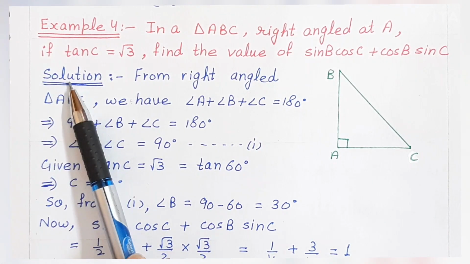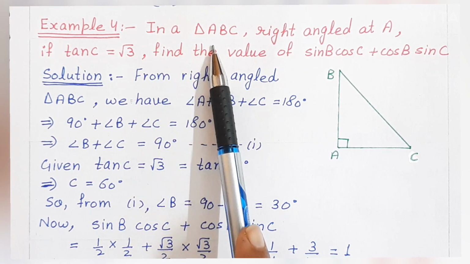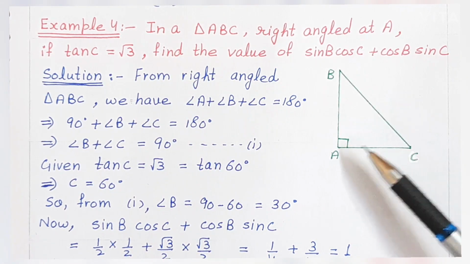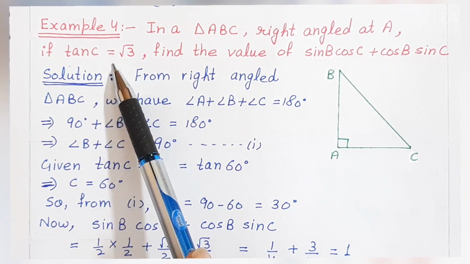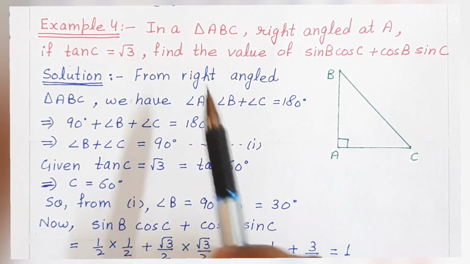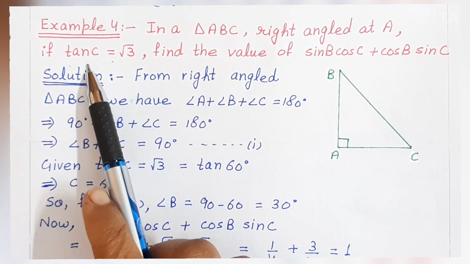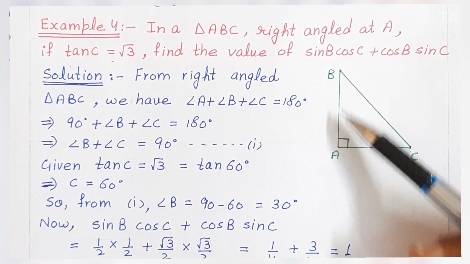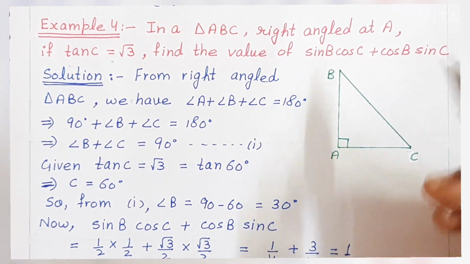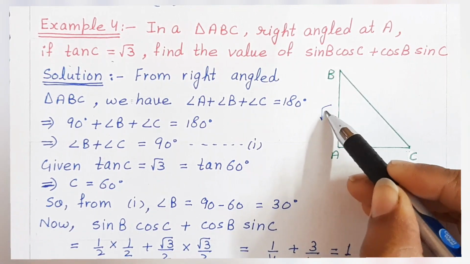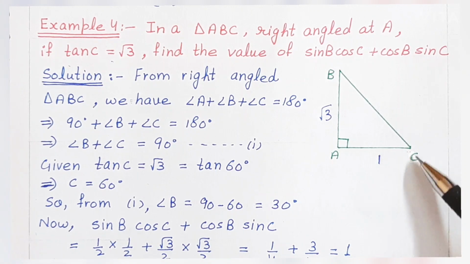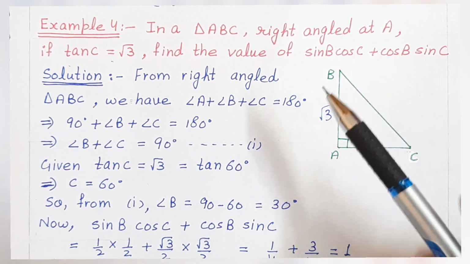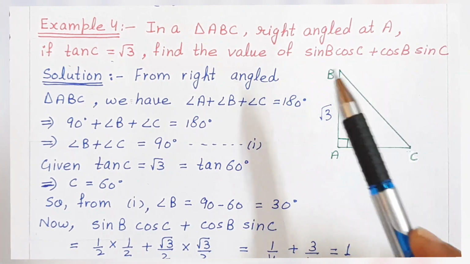Now, the next example is, in a triangle ABC, right angled at A, if tangent C is root 3. Now students, what is tangent C? Tangent C will be AB upon AC. That means I can say AB is root 3 and AC is 1. So I can easily find BC by using Pythagoras theorem, and then we can substitute the value here, that is